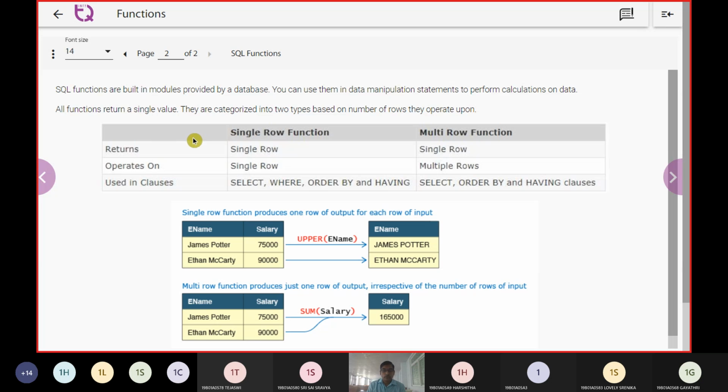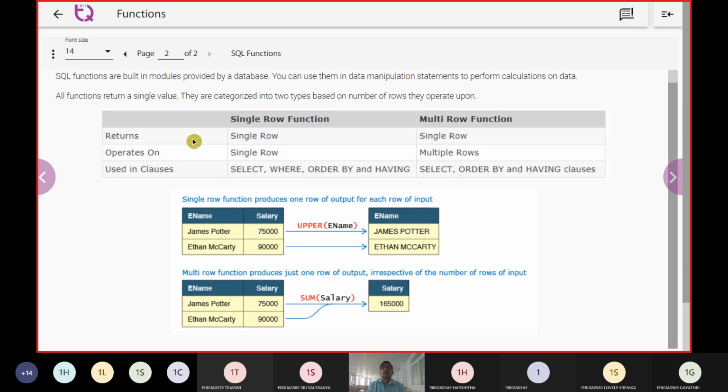So these functions can be applied to a single row or to multiple rows. When they are applied to a single row, the answer we can expect will be a single row.